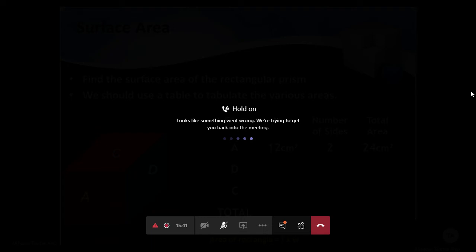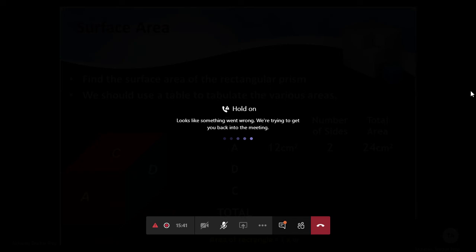Beta, be careful in writing the units. The unit of surface area is centimeter square or meter square or feet square. When you add up all of them, the answer will be 1208. Yes, 44. When you solve it at home, beta, you will easily do it. Don't worry about the calculation. All the calculations are correct over here, and I think the numerical is not very difficult. You just have to add up all the areas.